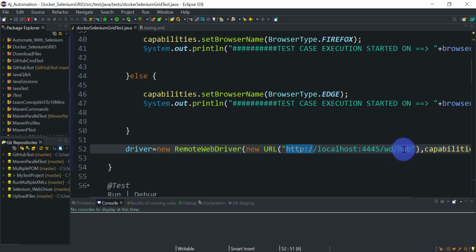In case of Selenium Grid 3 we give this wd/hub, but in case of Grid 4 we don't require it. There won't be any issue if we provide wd/hub, but it is not mandatory for Grid 4. So let me remove this.